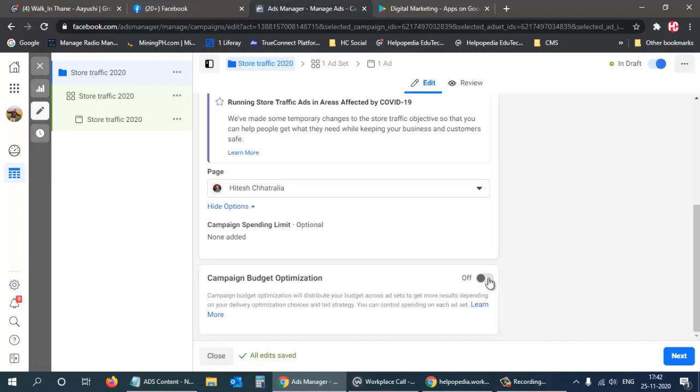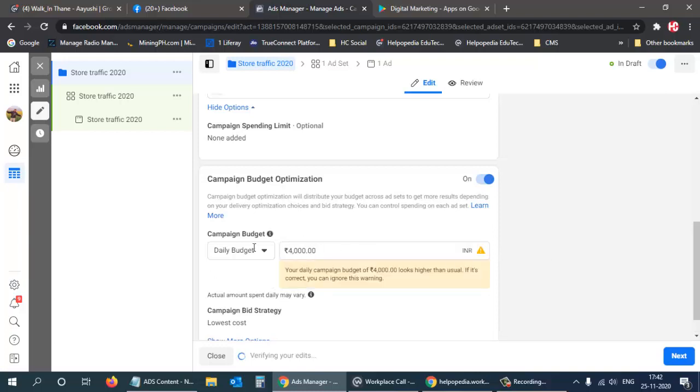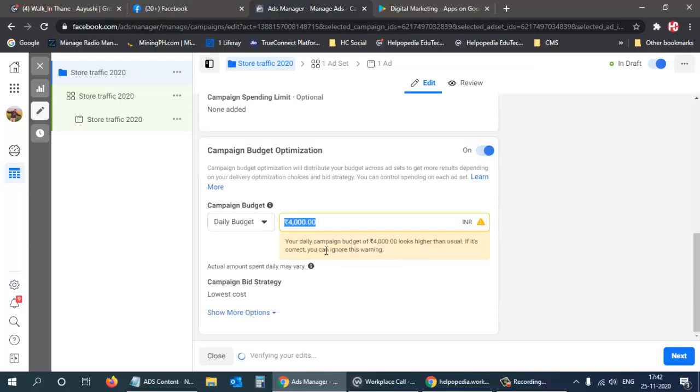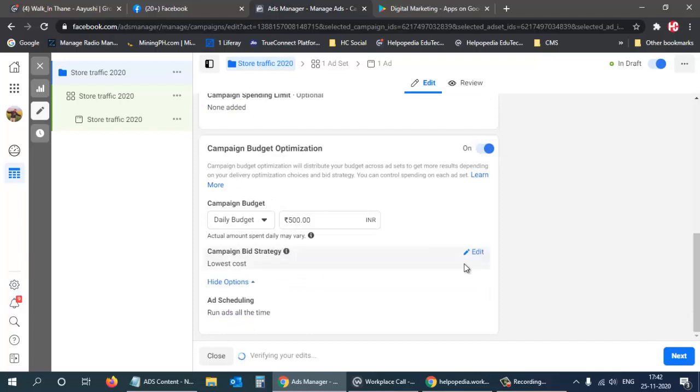Campaign budget optimization, we will keep it on, so we will get optimum results. And then budget, we can set whatever is the daily budget, so we can select whatever budget we want, 500,000, whatever we want. And over here campaign bid strategy will be the lowest one, and show more options, ad scheduling running all the time. So that is what we have in this.